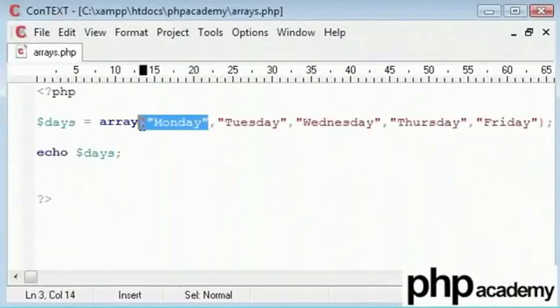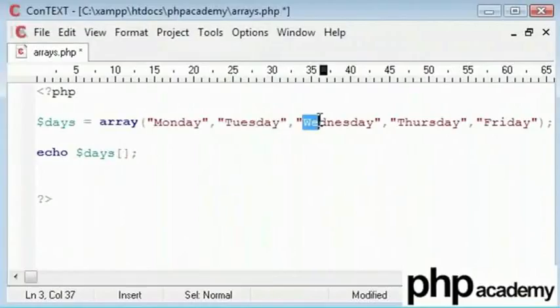Now to call a specific element inside an array, you might want to call it an element. In some places they call it ID tags or elements of an array. We are going to use square brackets and we'll call the position of the element inside the array. So you may think this is 1, 2, 3, 4, 5. However, because of the standard numbering system, we are starting with 0, 1, 2, 3 and 4.